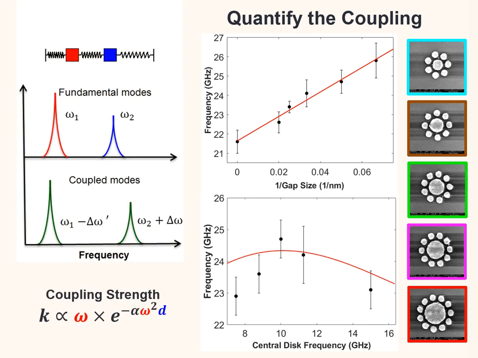So here we can see our mathematical model, which uses a coupled oscillator model. When there's no coupling, there are two fundamental modes. When they are coupled, one mode shifts to high frequency and one mode shifts to low frequency. And the coupling strength is strongly dependent on two things: the initial frequency of the surface acoustic wave and also the traveling distance. So here we are the first to observe that not only do plasmons couple with each other, but these acoustic vibrations also couple with each other. We do provide strong evidence about that, and we also build models to predict the coupling strength.